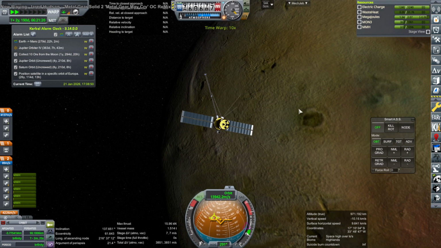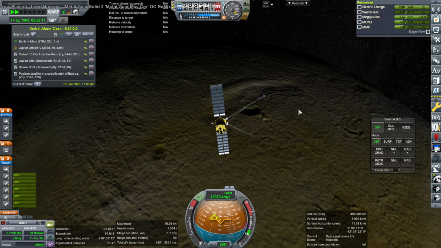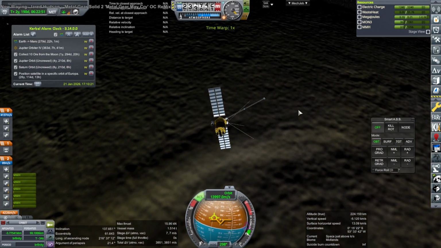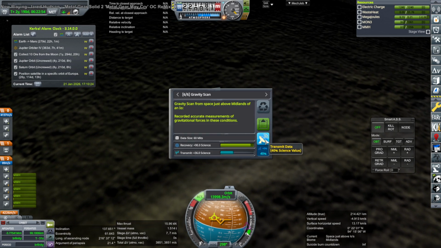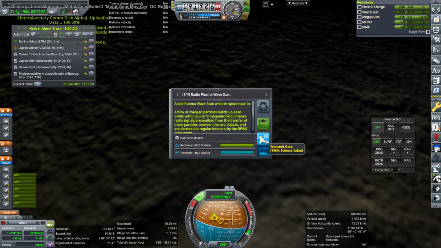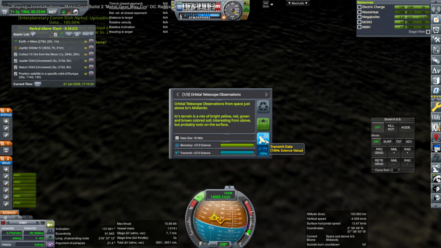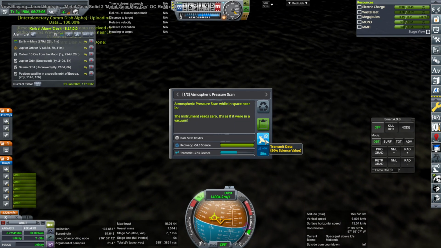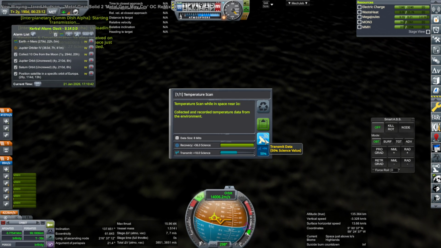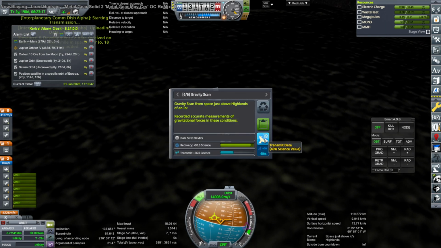Volcanoes! Please. It's gotta be volcanoes. Nope. Just above though, let's see. Well, we didn't get this close before. So the just above is new. Pressure scan. But most of these are not surface biome dependent. That is...